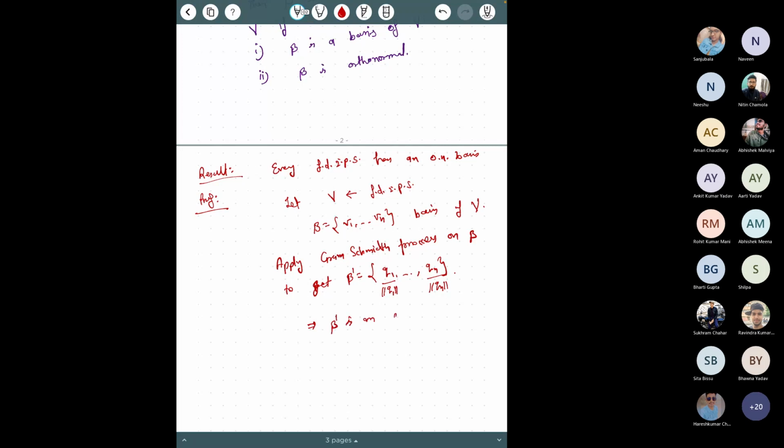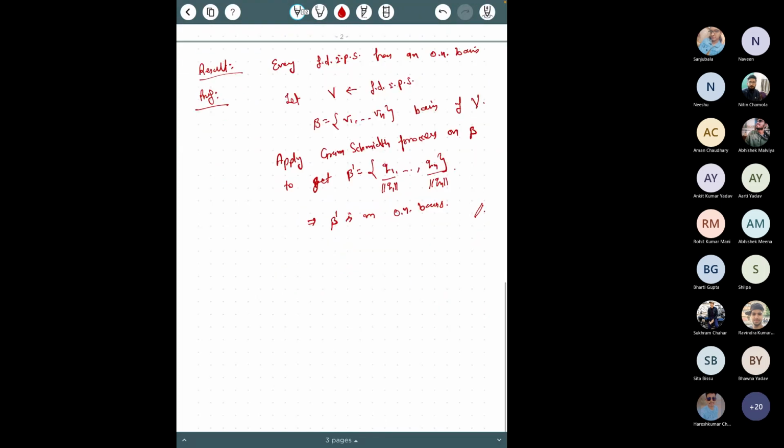But for an infinite dimensional inner product space, you need some extra condition. So now the question is, we already have a basis, we already know a basis of a vector space. Why do we need this extra term, this orthonormal basis? Why do we make our life complicated? But the answer is that there is an advantage of having an orthonormal basis. So for example, let us look at this. What is the advantage of an orthonormal basis?